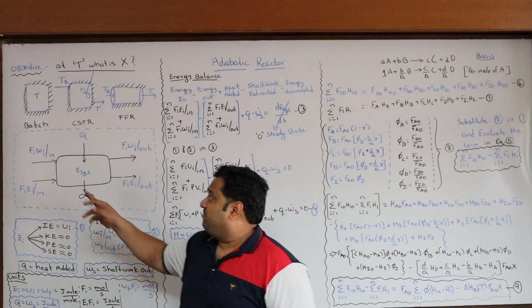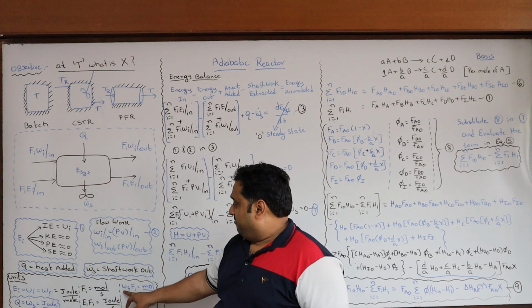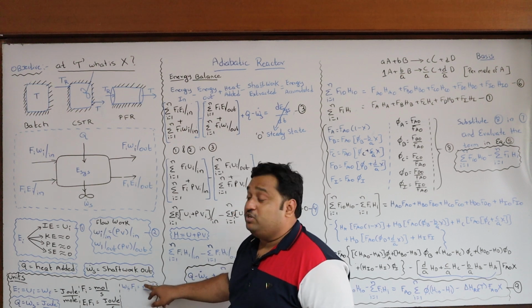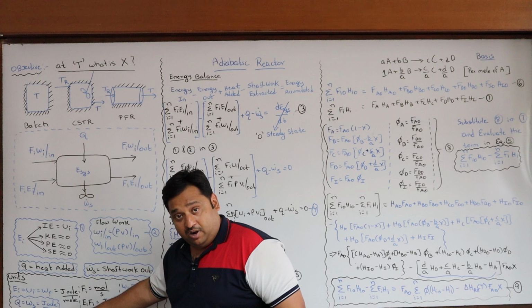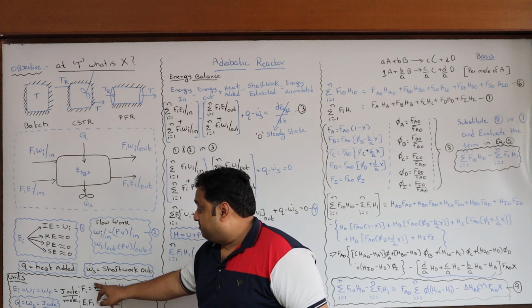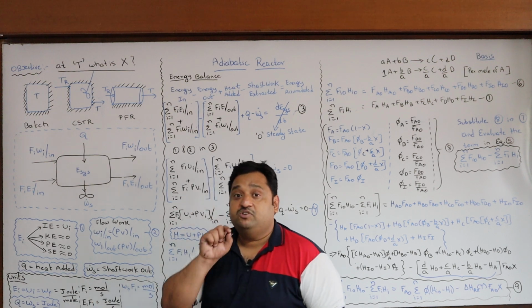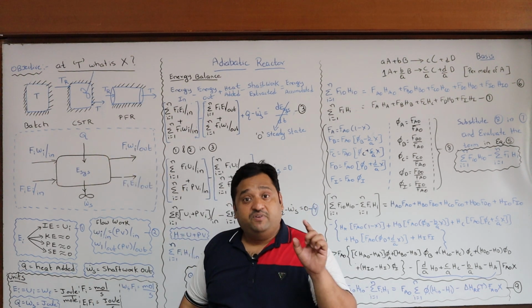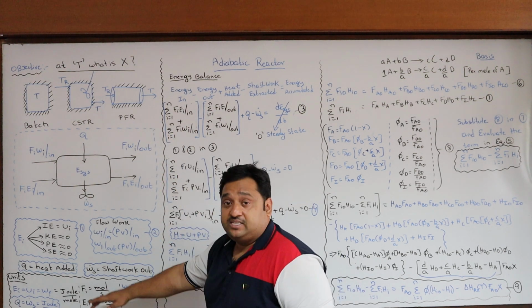So, I have to multiply the terms like Fi into Wi, moles per second times joule per mole, and finally you get joule per second. Whatever balance I do here, every term should be in joules per second. So, this is the basis for our